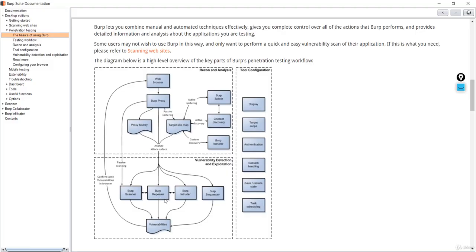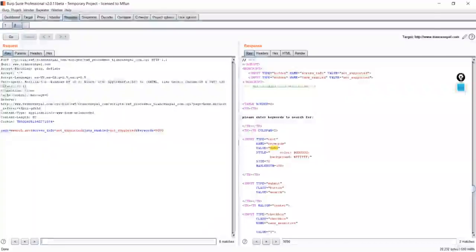Over here we have the Repeater and Intruder, which are mostly used in the case of Burp. The Repeater is going to show how some of the field changes will be shown in the live website. So when you go to Burp and see the Repeater, any changes that you make in this field, which is basically the parameter, if that change is reflected in the response, that means you have a vulnerability.